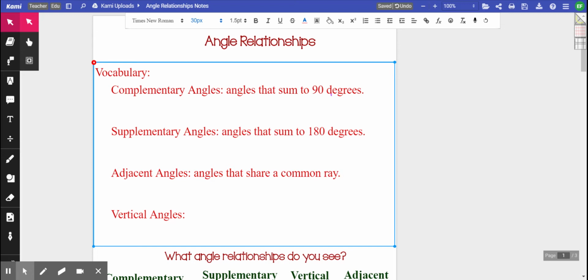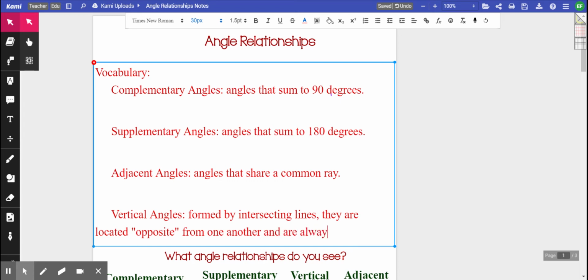a little diagram. Let's just get that last vocab word in here, which is vertical angles. So vertical angles are always congruent to each other. They're always equal, and they're formed by two lines that intersect each other. So formed by intersecting lines. They're located, I'm going to put opposite from one another, and are always equal. Let's look at a diagram for some of these now, just so we get an idea of what we're looking